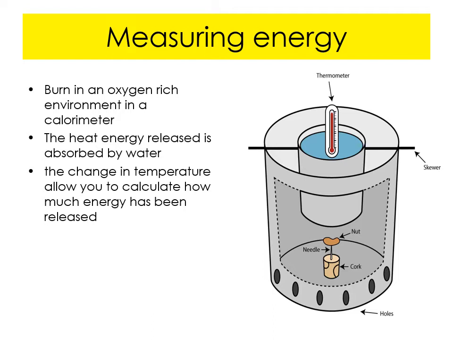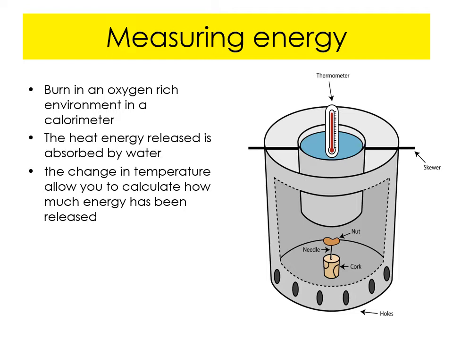So this is calorimetry. Okay, so this is working out how many calories there are, how much energy there is in biological material. And what you've got to do is you burn a sample of your material in an oxygen rich environment. So ideally in one of these bits of kit here, which is a calorimeter, but you can adapt a Coke can to do the same thing. So you might have done that at school.